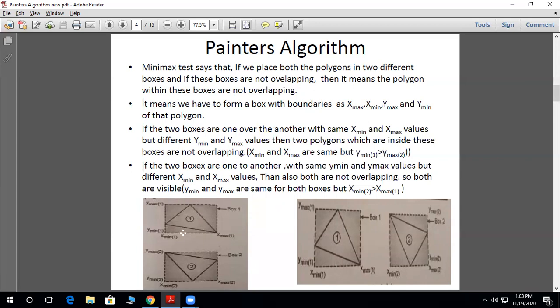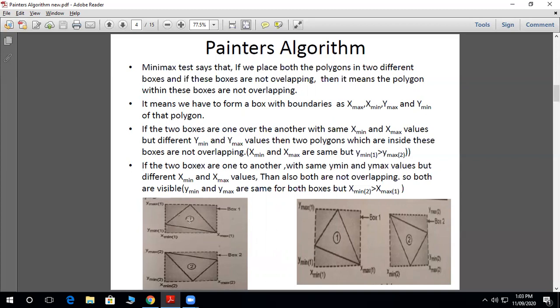Here we consider the boundaries with respect to x minimum, x maximum, y minimum and y maximum. So we have to form the box with the boundaries x max, x min, y max and y min of that polygon.